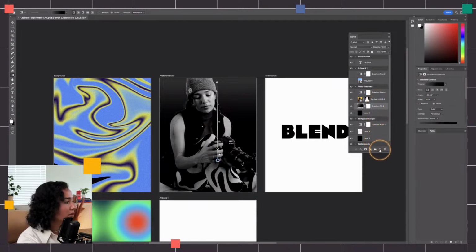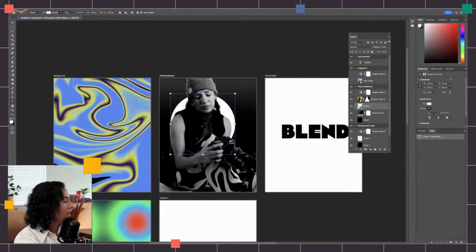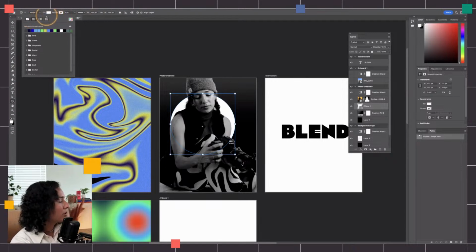Okay. Now we're going to create a new shape. And this is how you add gradients to a shape. We're just going to create a simple circle here. And with this circle selected, we're going to remove the stroke if you got one. We're going to go into fill, and you notice that we also have these other options in here. Another place where you can find your gradient. So we have this gradient selection here, and we're going to fill our